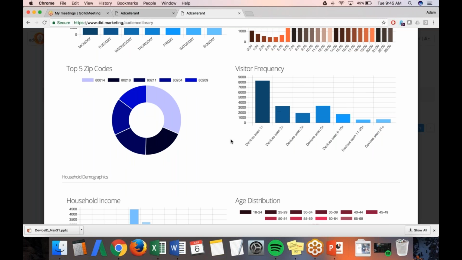And then the visitor frequency is how many times that device was seen within the polygons that we drew. What's really exciting about this is that we often run into people who say that they don't want to be able to go after their employees, and anyone seen within these polygons 21 plus times are probably employees. So what we're capable of doing is just excluding them from our serve. And that's something that I think is very, very exciting